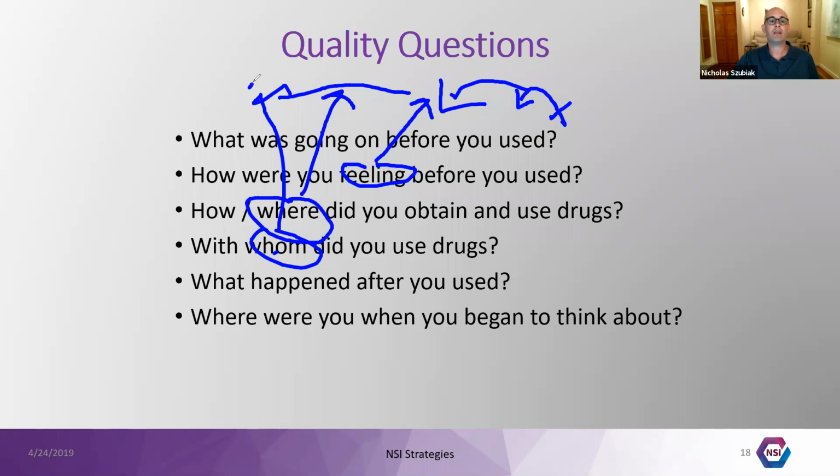Because there's so many opportunities that happen along that continuum before that opportunity of use that we can start to, and again, not a punitive approach, but building this skill set into our patients so that they start to gain awareness of what seems like an automatic experience actually has probably many steps that happen and occur before a patient picks up a drug or a drink.